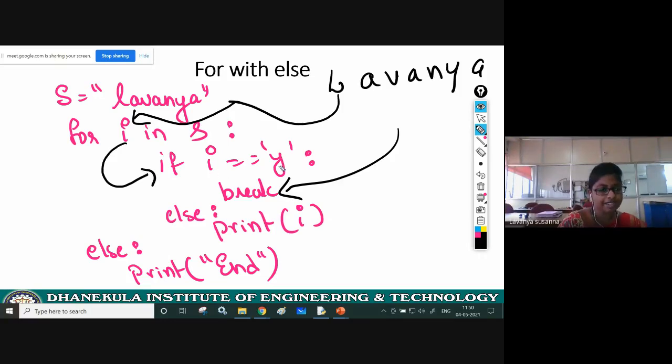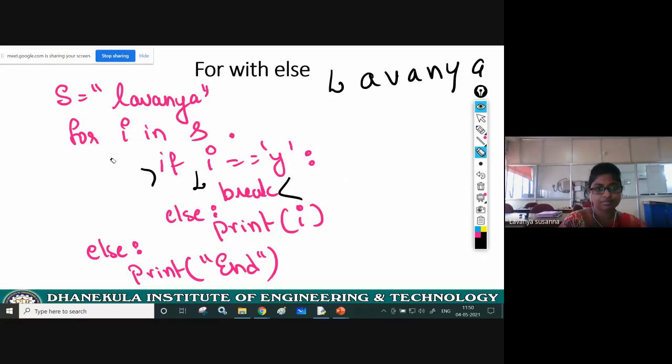L equal to Y, this condition is false. When this condition is false, control comes to the else block.